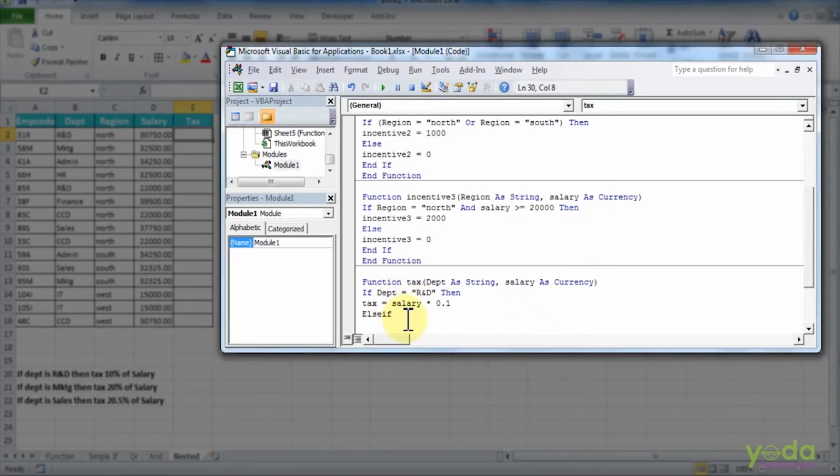Okay, I'll type here else if the department is equal to marketing. Since it's case sensitive, it is very important that you type in the name properly. Then the tax will be calculated in such a way that it should be 20% of the salary. So I'll say 0.2.